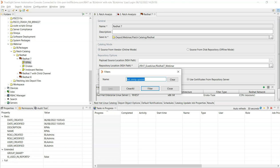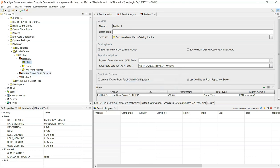So if you notice, this error is due to the fact that there is a certain patch which is not present in the patch catalog. Now why is it not present in the patch catalog? The first question that anyone would ask is, because when we are creating a patch catalog in TSSA, we